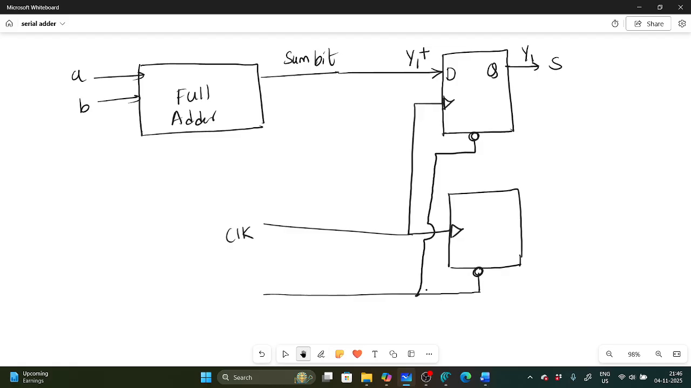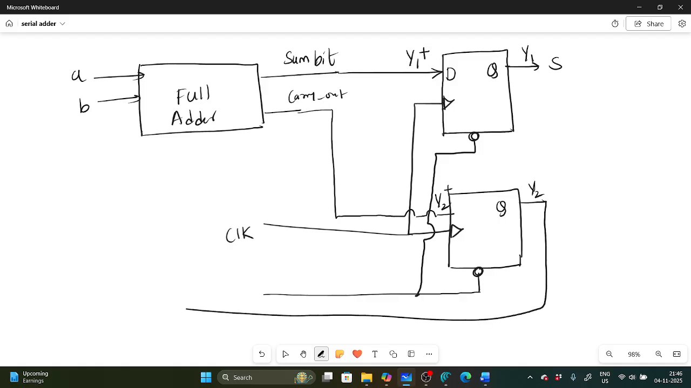Synchronous active low reset. Okay, and next carry out is there, no? So carry underscore out is given to this D flip flop. So let us take y2 plus and q. This is y2, and this is given as a feedback to the